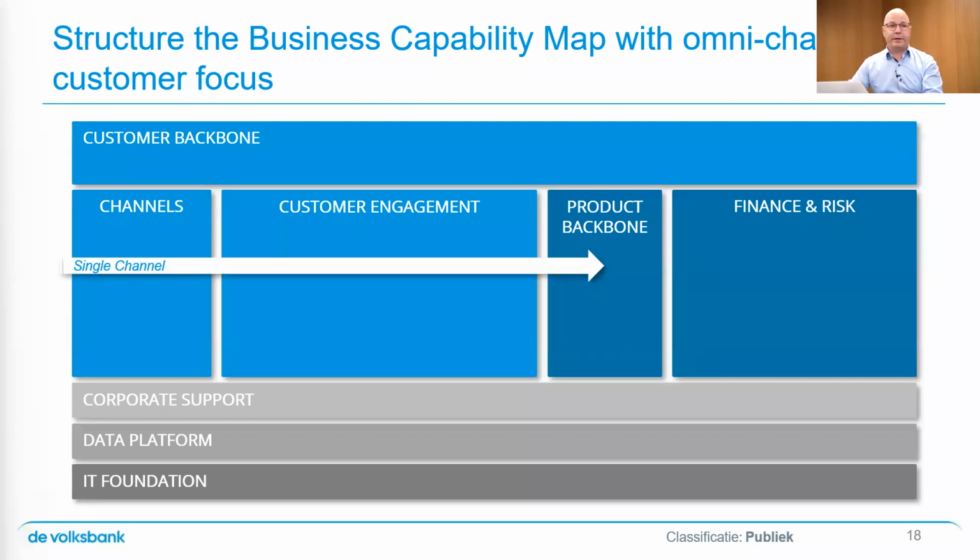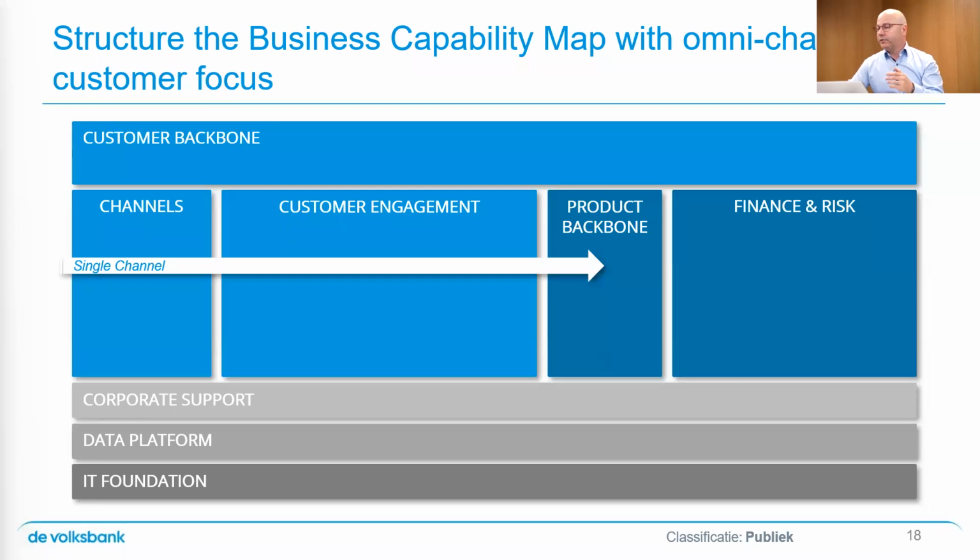So let's start with single channel. Single channel approach is where if you want to obtain a product or service, you can go to a particular single channel and you can deal with it there. Many years ago, you would go to a bank branch in order to establish your bank account. And that was the only channel you could deal with them. You either go there or you have no contact at all. Occasionally you get a letter, but you couldn't really establish a bank account using a letter. You needed to go in person.